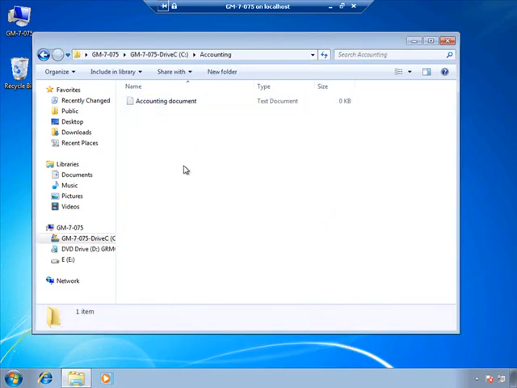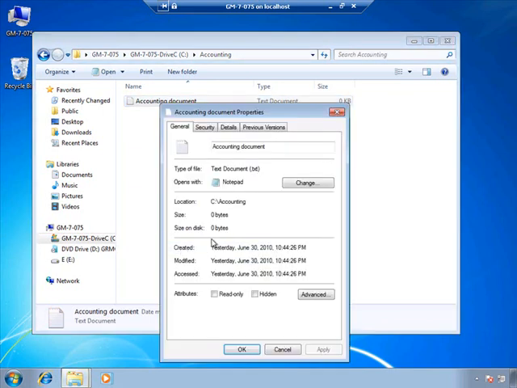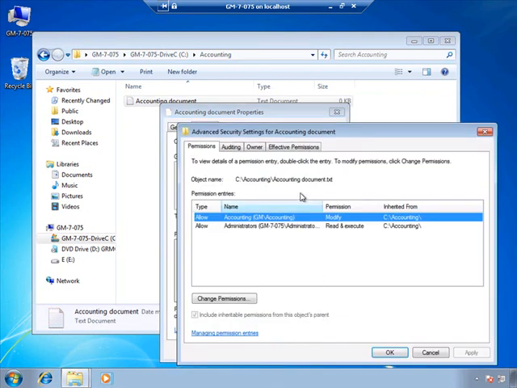Now I can go to the accounting folder with no problems. The reason that works is because the local administrator group includes all of the domain administrator accounts. I'm logged in as a domain administrator, so that local administrators group actually allows me in by virtue of my group membership. Now if I right-click the accounting document and click Properties, go to the Security page and Advanced and Effective Permissions,